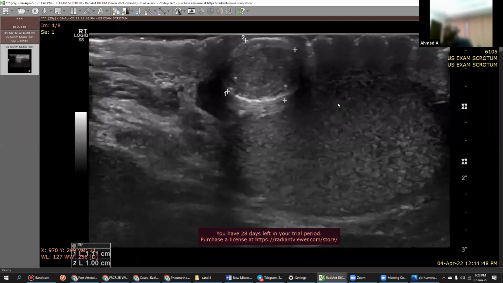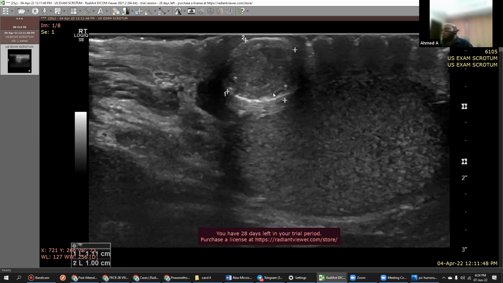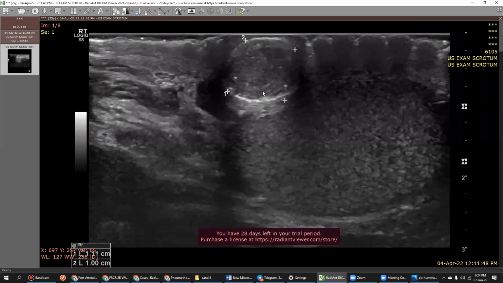You are seeing something, tell me. Describe that. Right or left? This is right. Extratesticular lesion noted. I am suspecting at the region of the epididymis. Describe the lesion. Which appears soft tissue with punctate echogenic foci inside and appears to be encapsulated. There is evidence of posterior acoustic enhancement, suggestive of possibility of